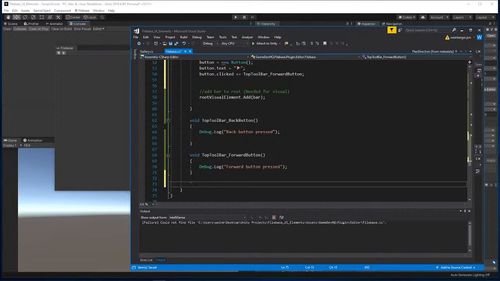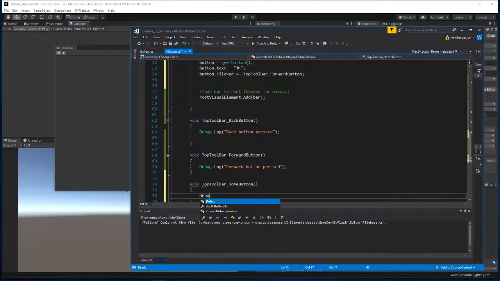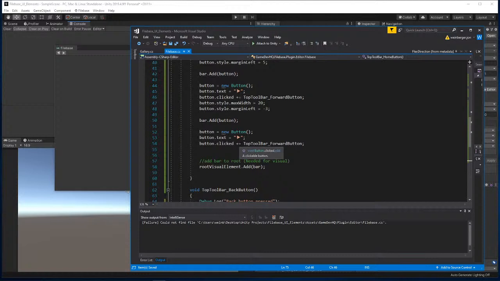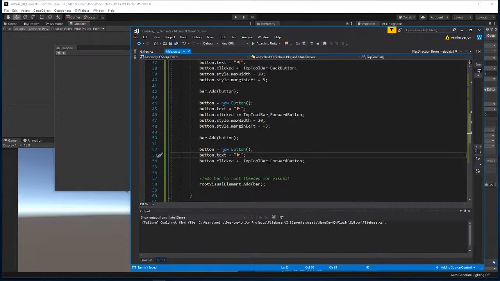So this is going to be the void top toolbar home button. And then here we're just going to say home button pressed. And then instead of text, I want it to be content. So it's going to be button dot